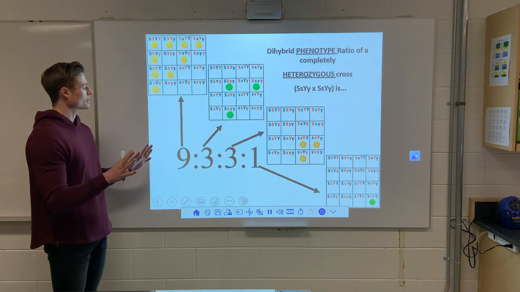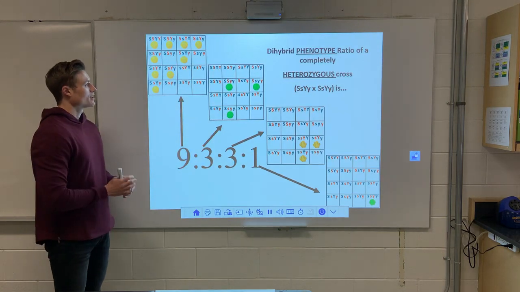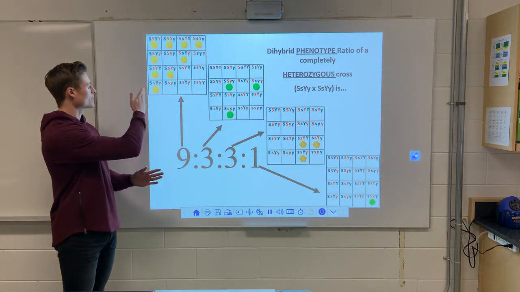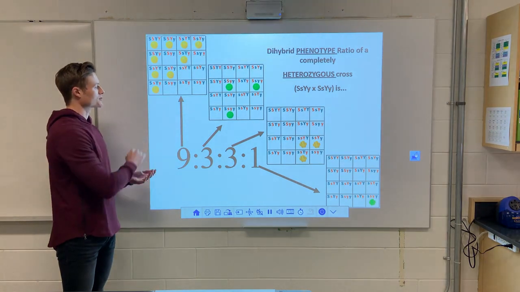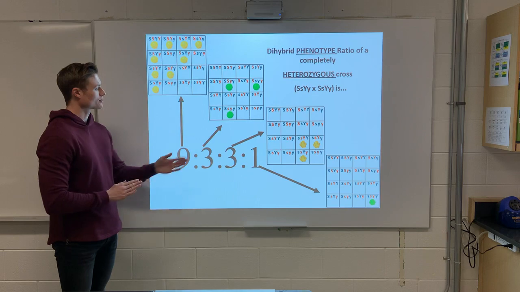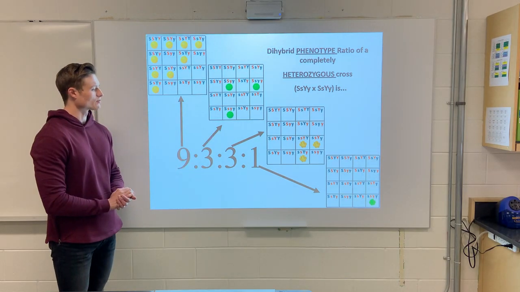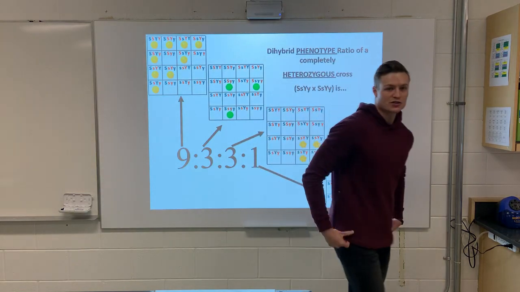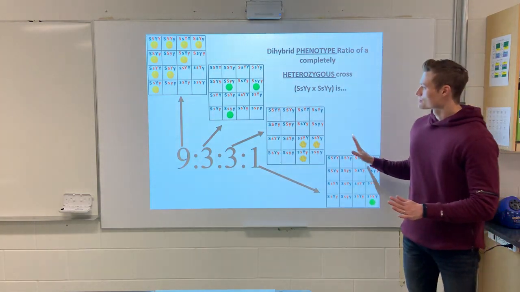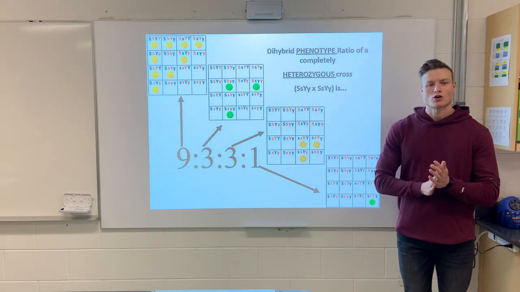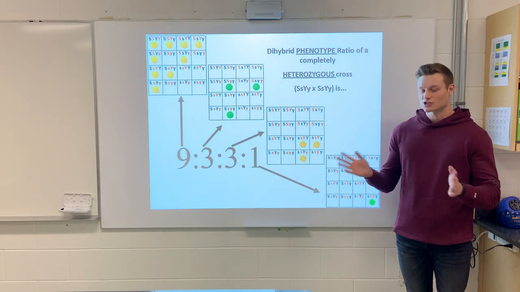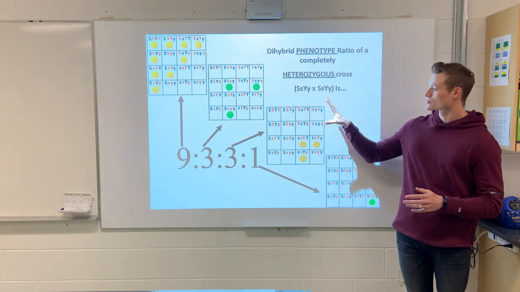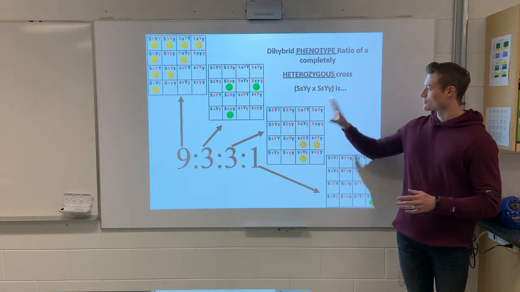So we look at it all together here: 9 individuals having the double dominant phenotype, so round and yellow, 3 individuals being green and round, 3 individuals being yellow and wrinkled, and 1 individual down there being the green and wrinkled. So once again, all the same rules apply. We just have to make sure that we're writing out all of our genotype combinations leading to our allele combinations. We put them into our Punnett square, we match up our genotypes,